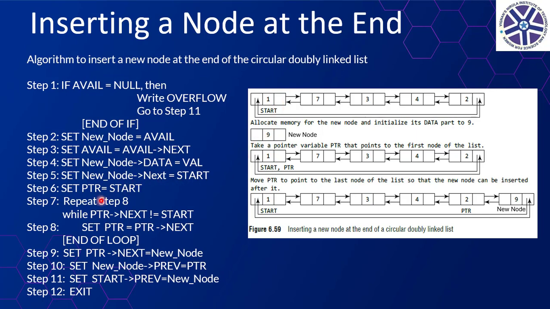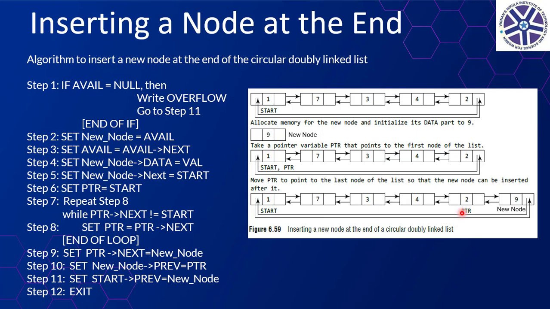So here initially we need a temporary variable. New node to next equals start, because if you insert the new node here, the next field should be start. So that's why new node to next is equal to start. Okay, so that's what we initialize initially. And after that, we need to take a PTR, because we need to address this node. So we are going to move this PTR until here, which is done in your step 8.